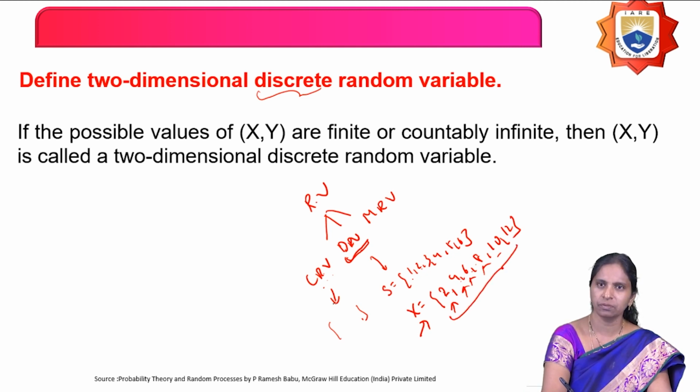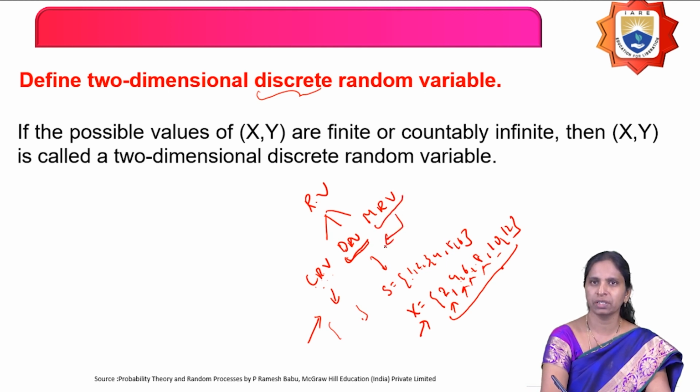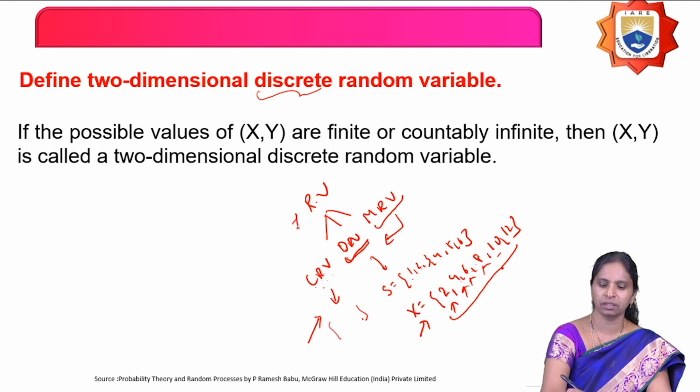And what is a continuous random variable? A random variable is a continuous random variable if it consists of a continuous range of numbers. And what is a mixed random variable? The combination of these two is the mixed random variable. Now this is for a single random variable. The same thing you can define for two random variables also: define two-dimensional discrete random variable. If the possible values of X and Y are finite or countably infinite, then (X, Y) is called a